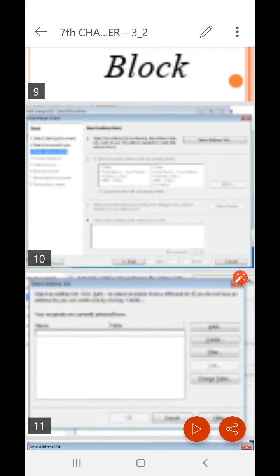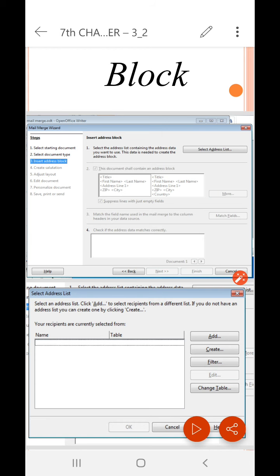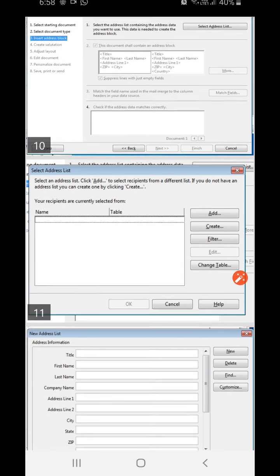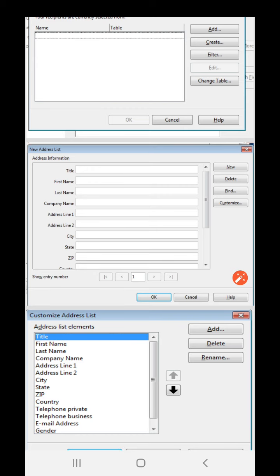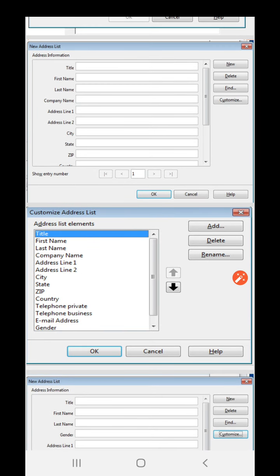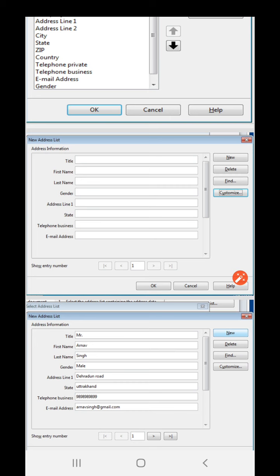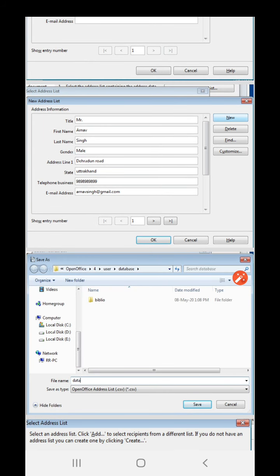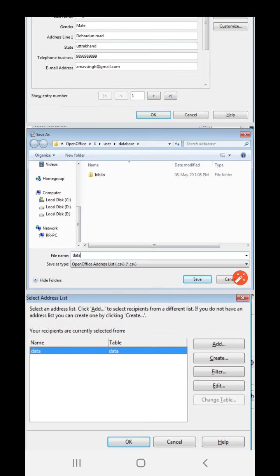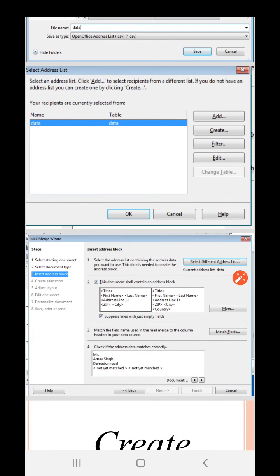How to create it? I'm again repeating. Simply select address list. A dialog box will open up. Click on add. The new address list dialog box will open up. Click on customize. You can customize the address information. Then you need to add the information as many as you want. Save it with any name. Then click on OK.